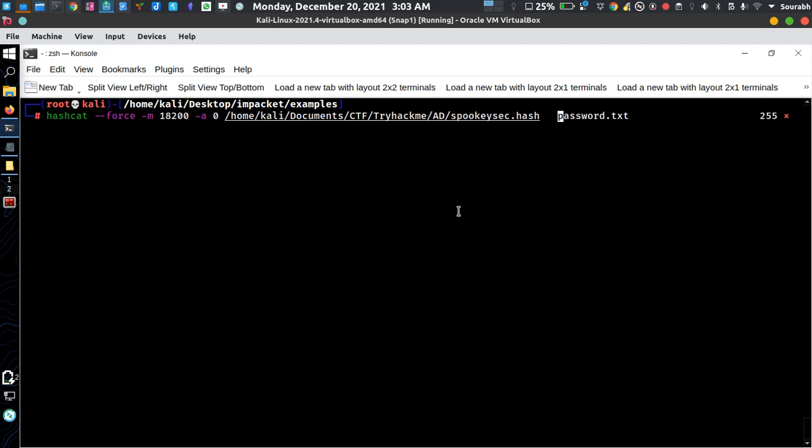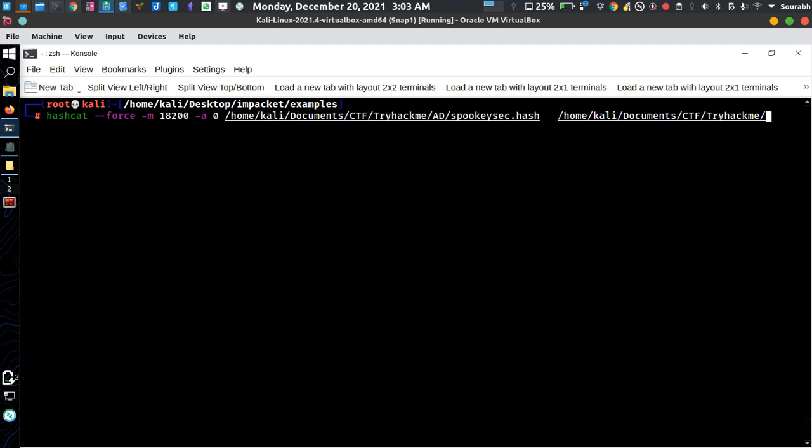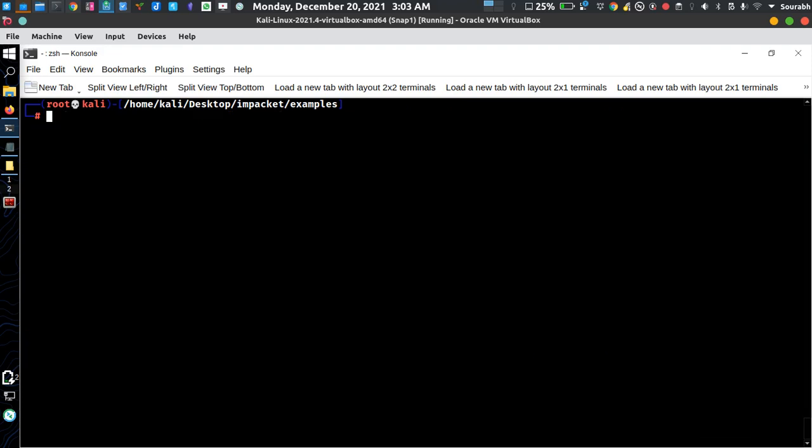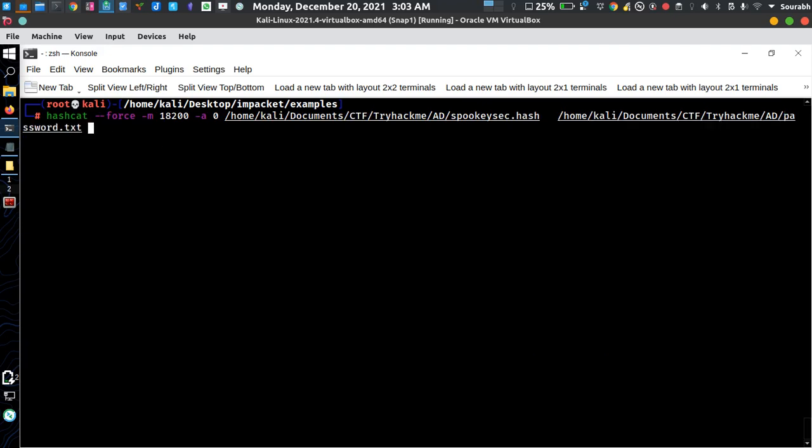Okay, and where's the password? Home, Kali, Documents, CTF, TryHackMe, Active Directory, and yeah, this is the password file. Hit enter.